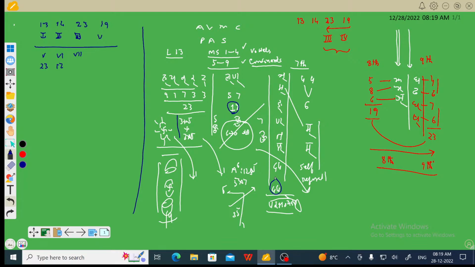Here is the 8th, we are having 19. And here is 9th, we are having 23. Features to be seen are that 23 here for third, it is for fifth, and it is for ninth. These features, that the third,